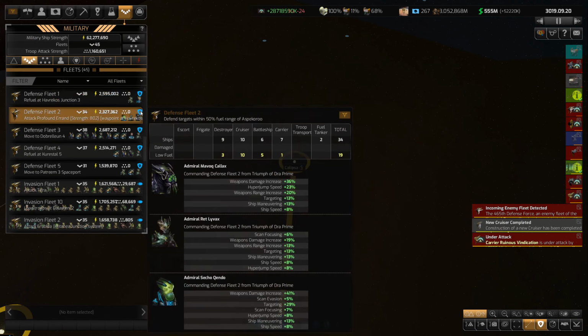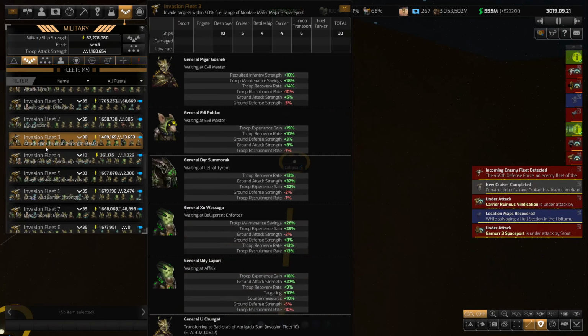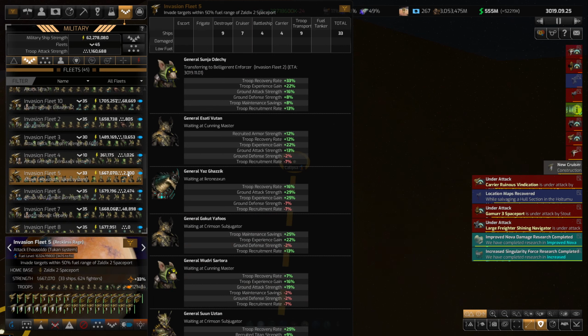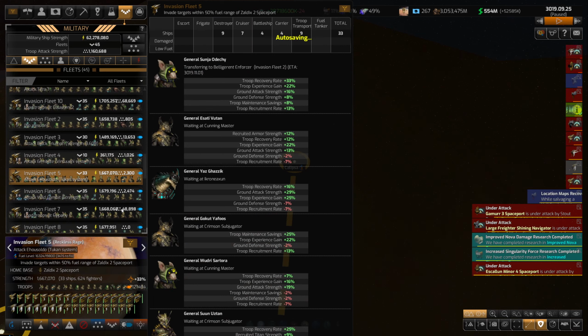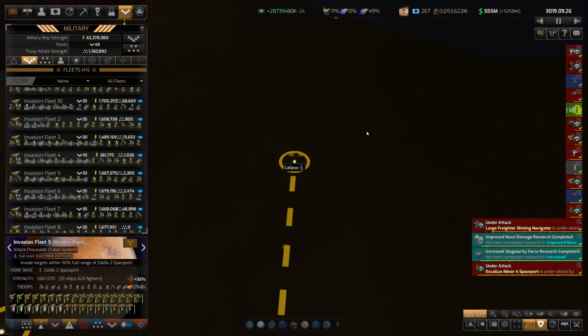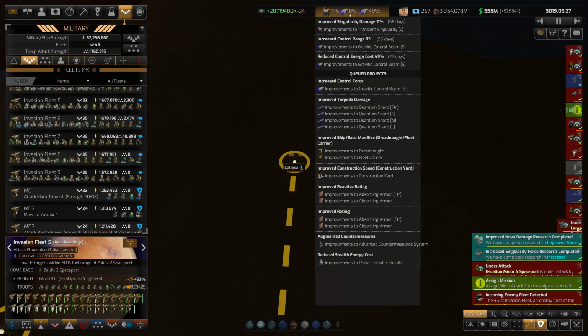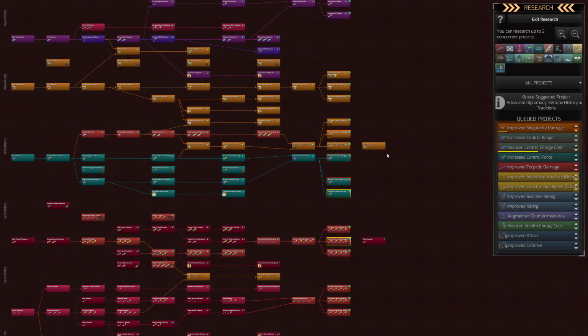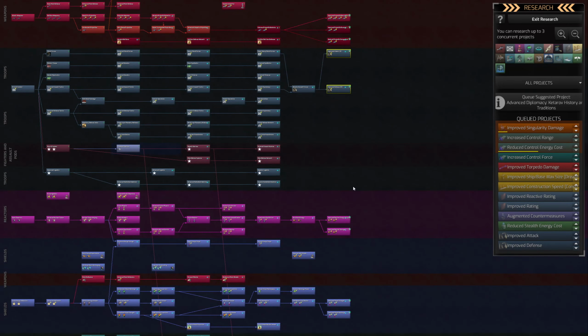Let's go look at our fleets. I think we are looking at Invasion Fleet 5 attacking a planet, even though it has very little troops on it. And the one that has a ton of troops is doing nothing. So, man, that's so confusing. Why it acts that way. All right, can we increase our attack and defense? I feel like,